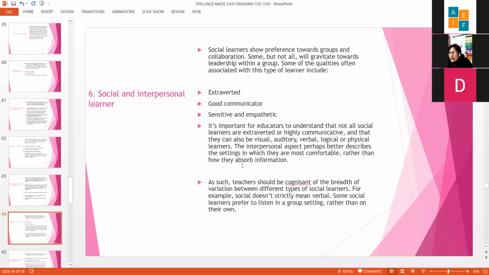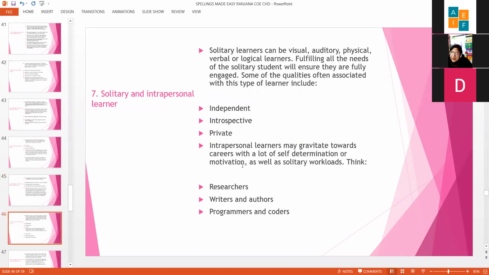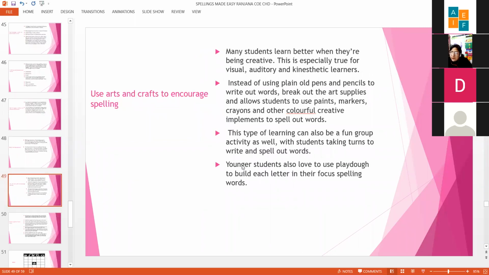For social and interpersonal learners, who are good communicators, the storytelling session will be taken up quickly by these types of learners. And we very well know how to engage these learners in the classroom. And in case you want to go in for solitary and intrapersonal learners, they are introspective, they will not speak, but they are good writers. So if you make a group, they are the ones who will write the stories. But we should take on a mixed learning approach. That would be the best. So you can give one little activity from all the types, which can cater to all types of learners and engage all of them.